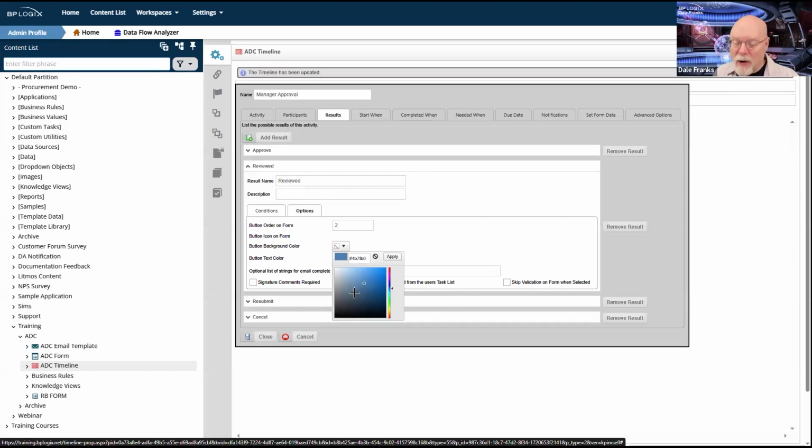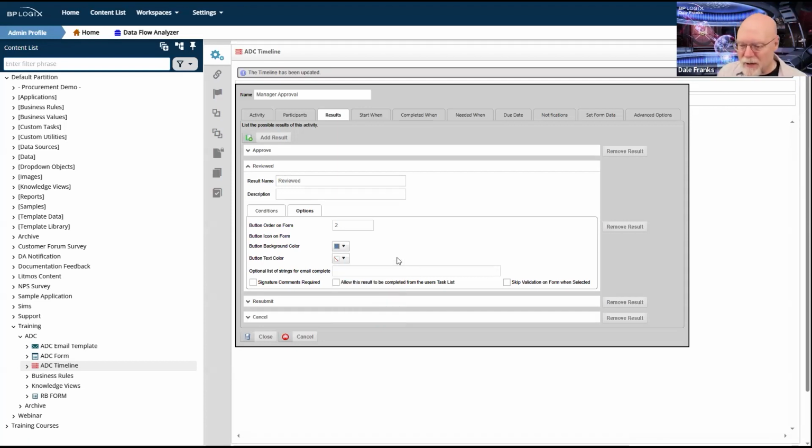So it's a little darker than our standard color. And it's great having all this freedom, but honestly, it would be even greater to have a list here of standardized colors to pick from, which, as I said earlier, is what we're talking about providing in the UI in a future version of the product. So this button is going to have a sort of dark steel blue background. It's going to have white text, and it's going to have the white informational icon.